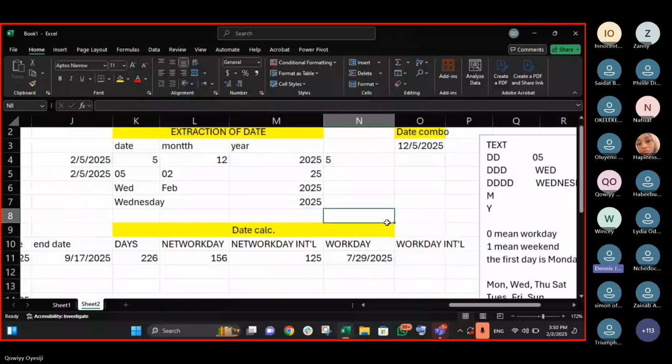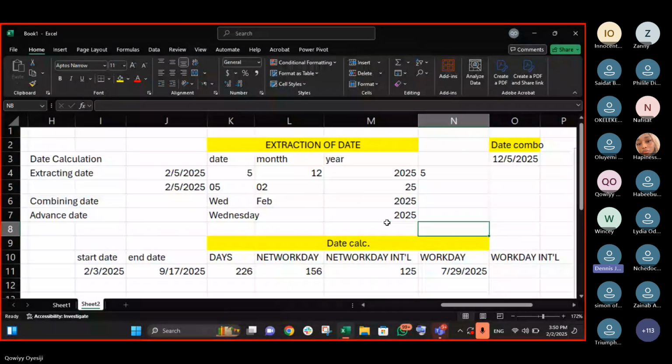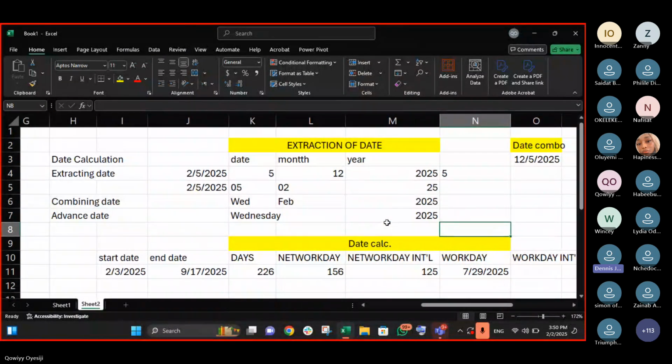And how were you able to create the text box on the sheet?